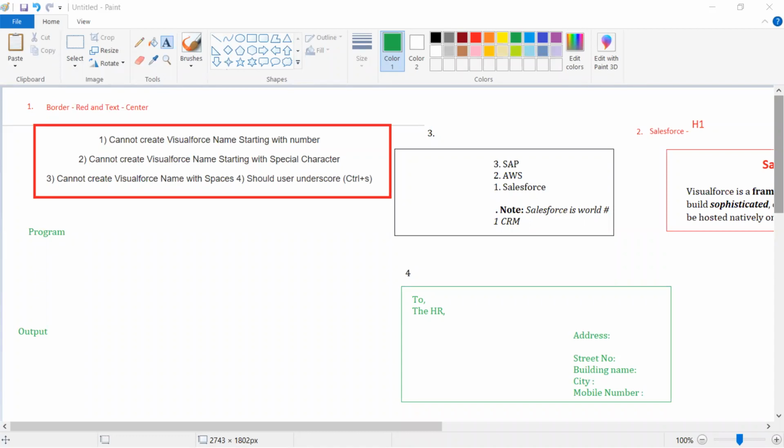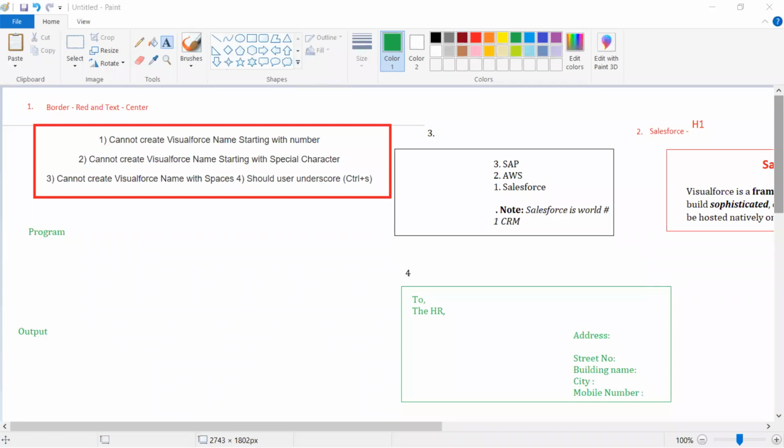Have you tried text align center and the border? Yes, ma'am. I have tried border also, but I didn't get that one. If you use the border equal to 5 pixel or something, then you have to give the solid equal to red. Okay, I have given border style equals to solid. Okay, so you have to mention